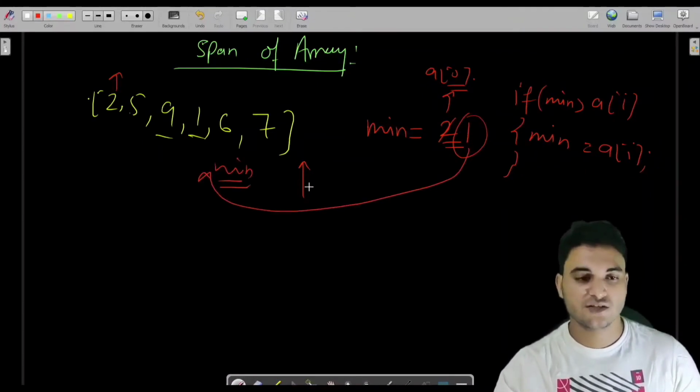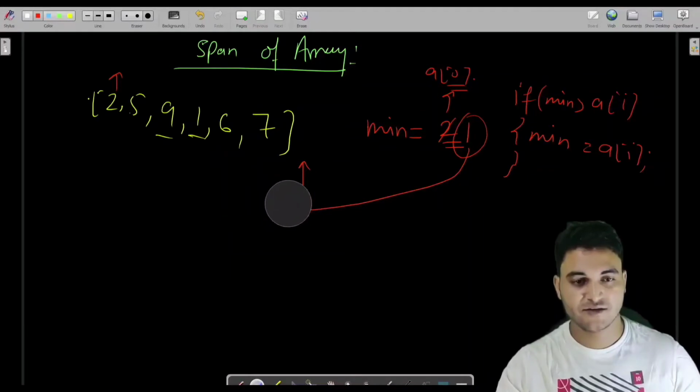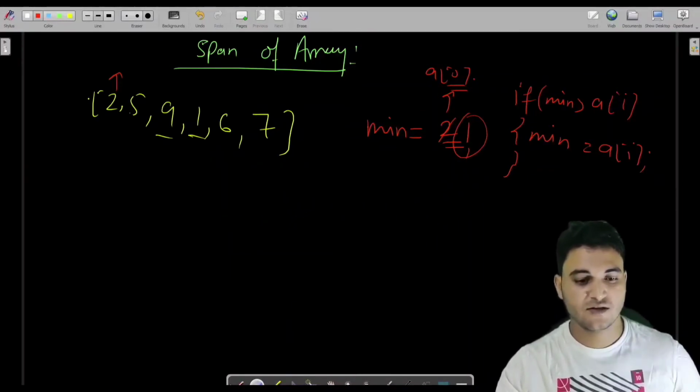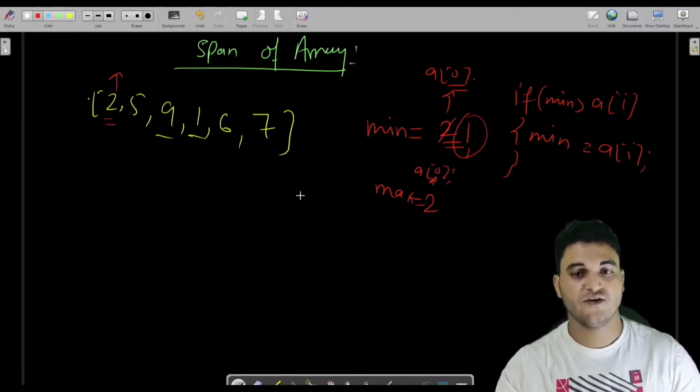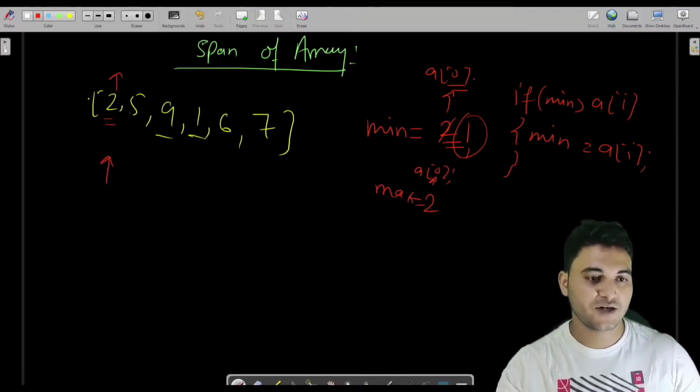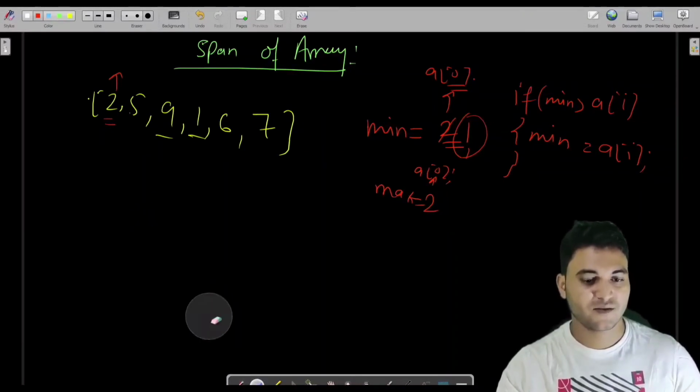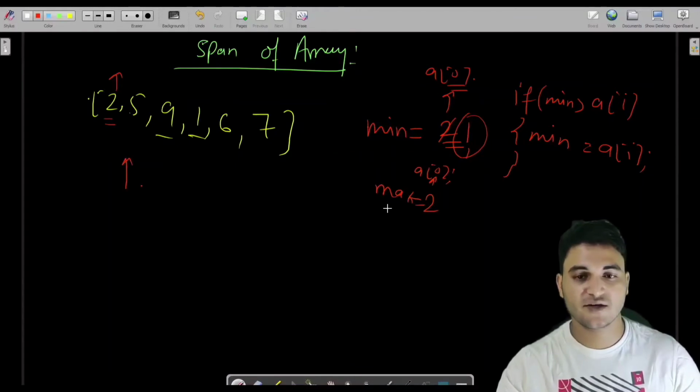Fine. Similar to this, we can achieve the maximum also. Let me explain here: let us say initially we have maximum as this 2, which is a of 0. Fine. And we would initialize our pointer from the next element, because we have already chosen the first element into the max.